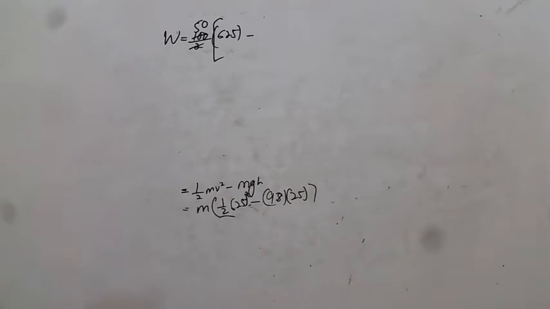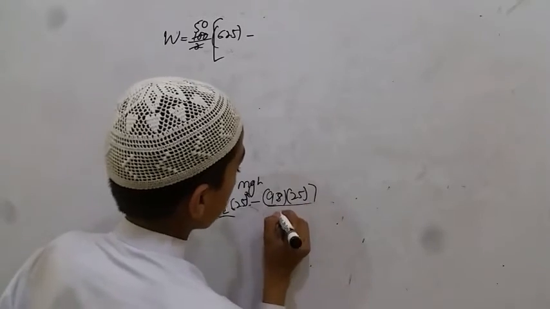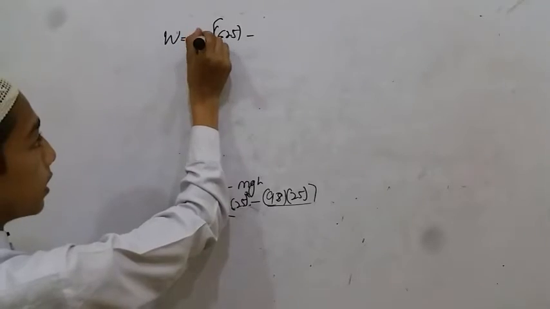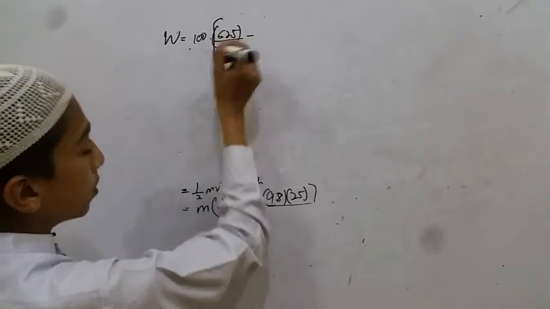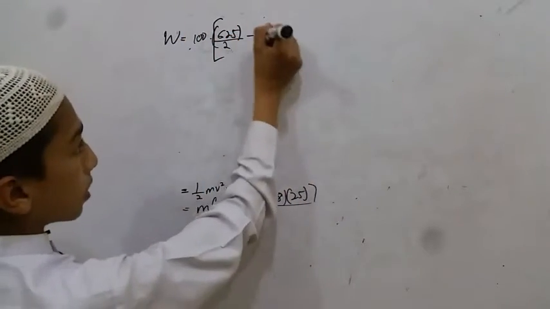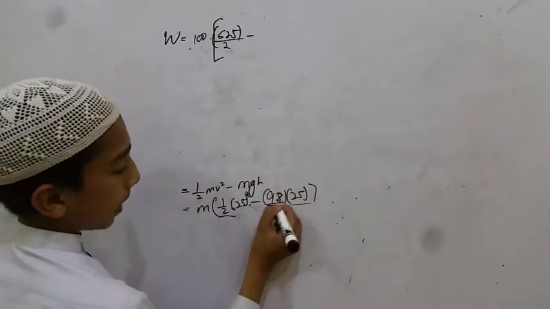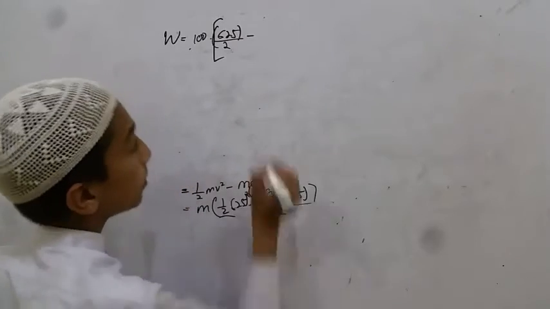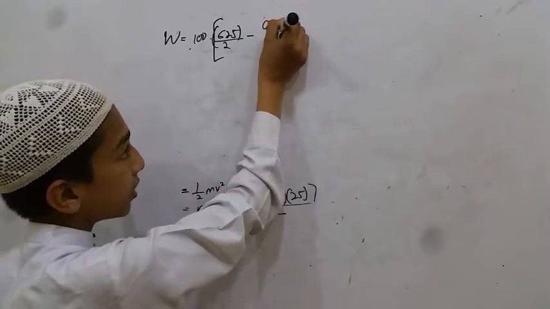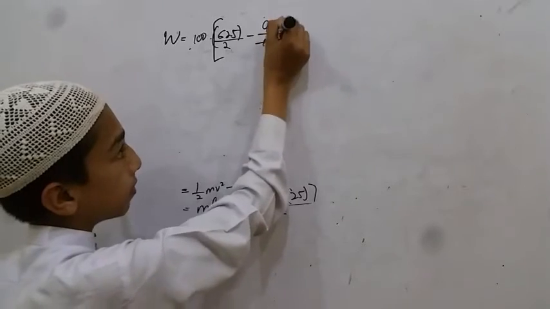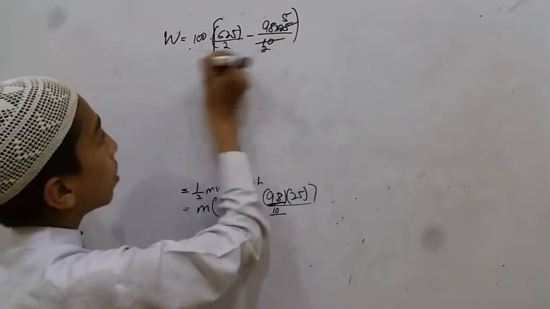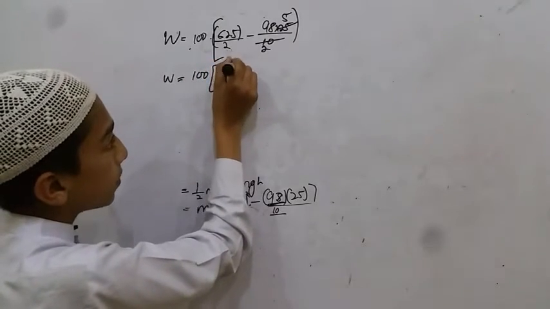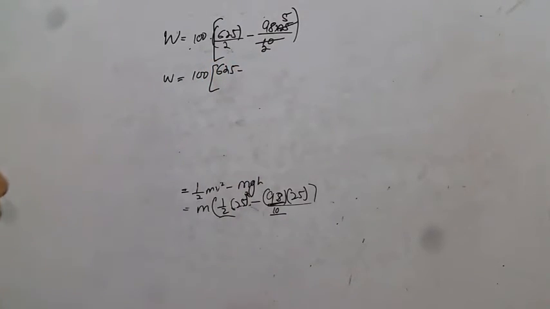Taking 1 divided by 2 common, and if we take 9.8 as 10, this will be 98 into 25 divided by 10. So work done is equal to 0.1 into 625 minus 9.8 into 25,